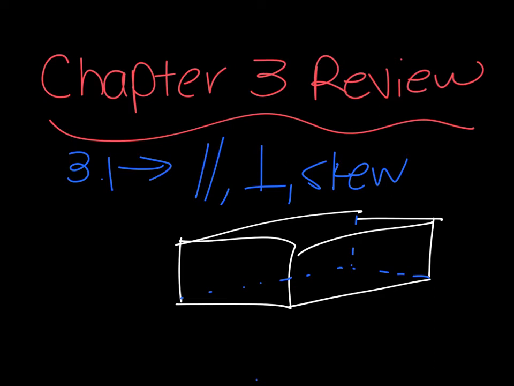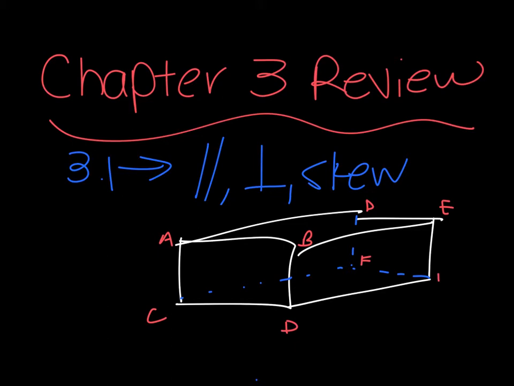Okay, parallel segments would be any on the same side, like the top and the bottom of the front side. So if I had A, B, C, D, those would be parallel. AC would be parallel with BD, right? Left and right. Okay, if I had D, E, F,